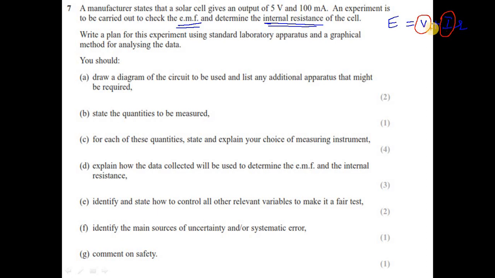So in order to measure the current and the voltage, we need an ammeter and a voltmeter, and because we need to change the voltage, we must have a variable resistor